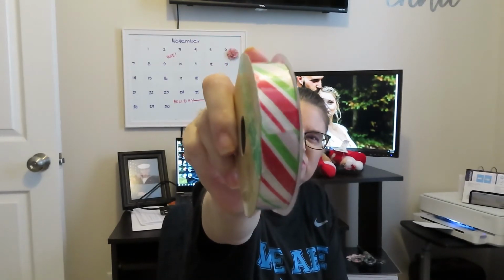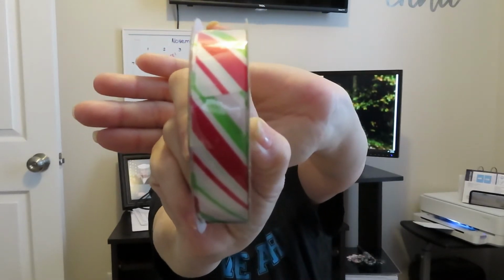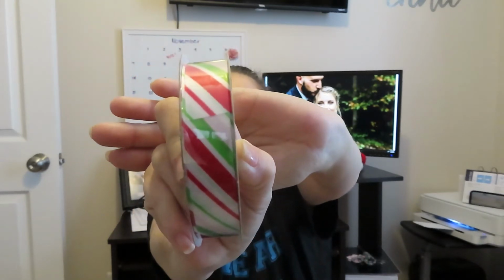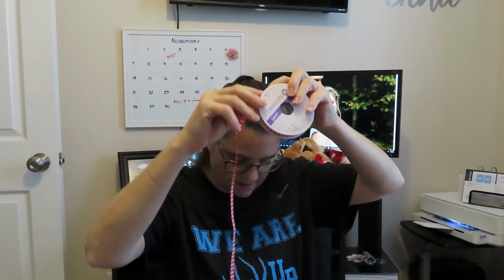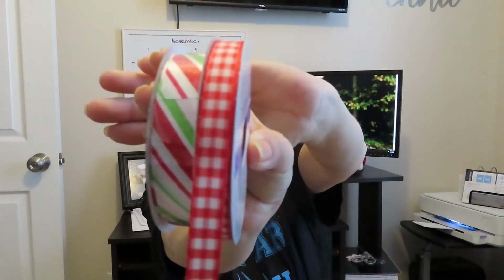And then the last thing I bought was this ribbon. This one is more of a silk versus, I guess, the cotton that I have here. And I don't know that I can mix those 2 mediums and make it look right. I may just stick with this gingham. And if I paint the bells those lime green colors, then I can just stick with this. If that doesn't work, I might just stick with that ribbon. I might go crazy and try both of them and see how it looks. I don't know. But I feel like the 2 of those together,